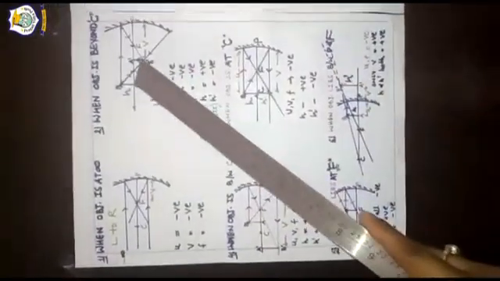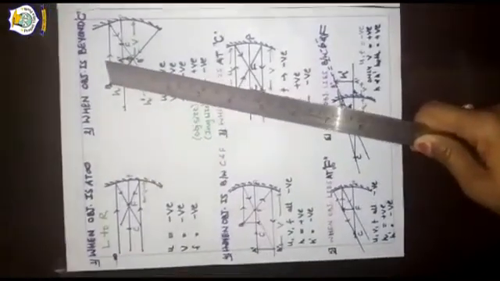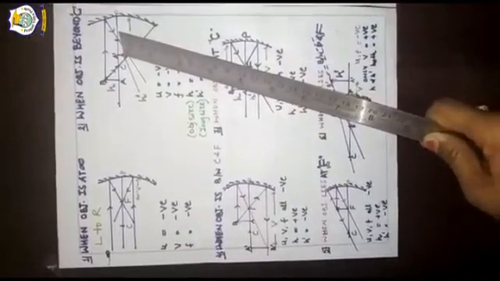And one more sign convention I am going to explain, that is related to size of image and size of object. See, size of image is represented by h dash and size of object is represented by h. Now, according to sign convention, if anything is above the principal axis, then it is taken positive, and if it is lying below the principal axis, then it is taken negative. Now all sign conventions are complete.